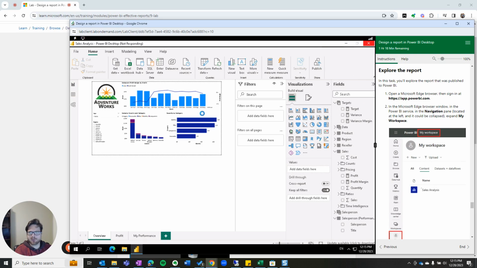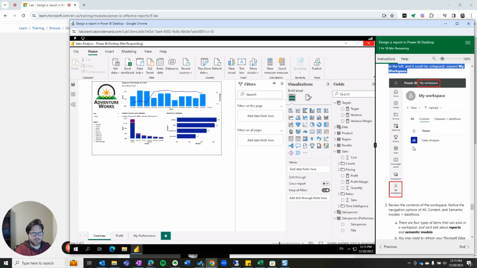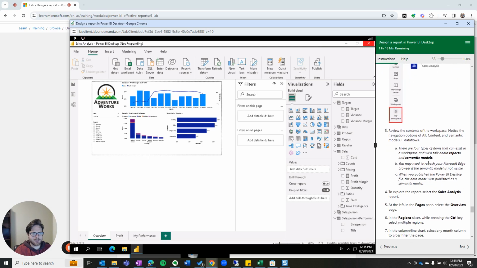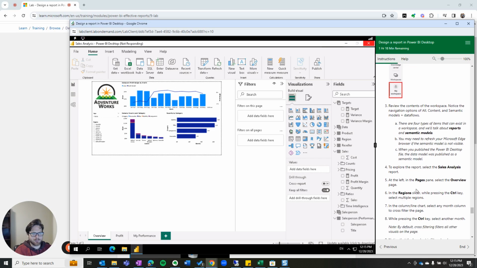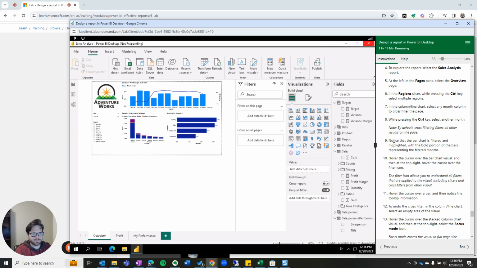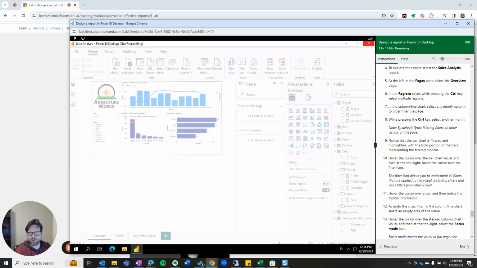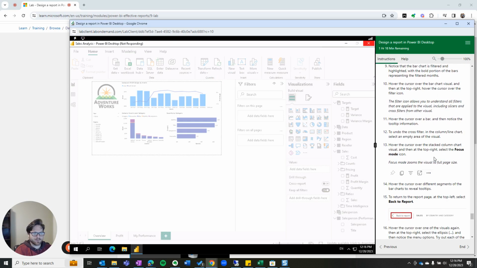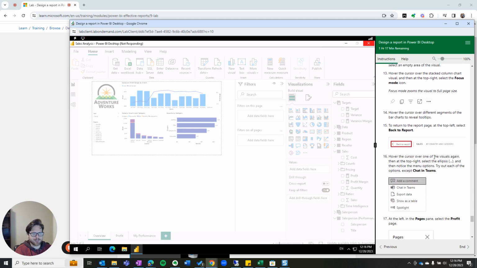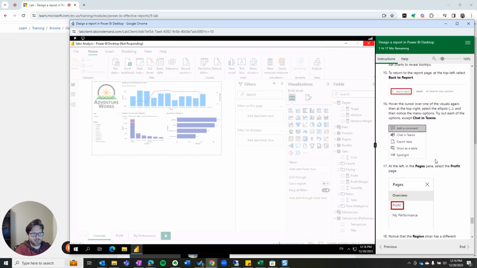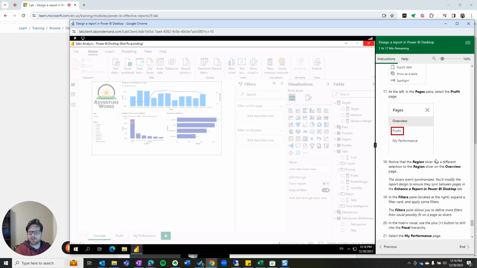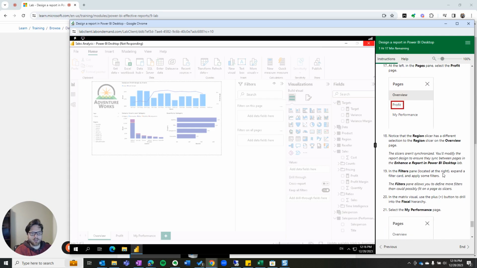But then once it is published, right, we would go to app.powerbi.com, and then in Edge, we would be able to see my workspaces and be able to explore the report. Except I guess I broke it. Oopsies. Well, we've done two out of three labs successfully. However, the rest of this lab is how to explore the published Power BI report in